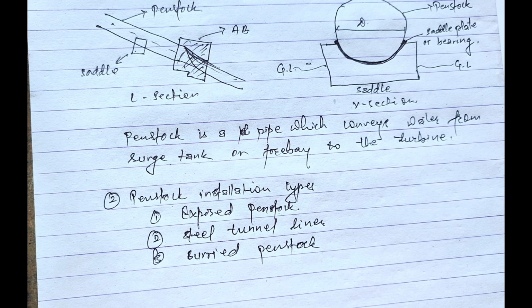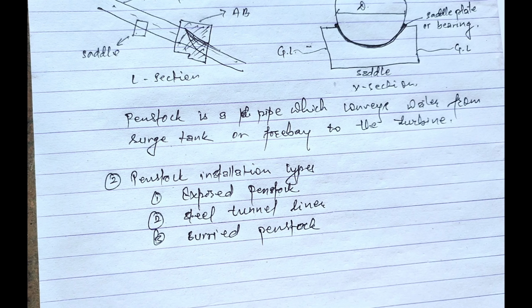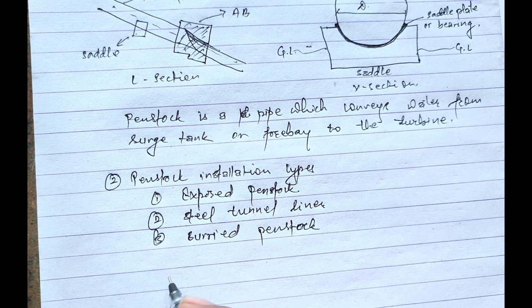Now let's know more about the exposed penstock. Exposed penstocks are usually fabricated from steel, plastic, or wood stave pipes. These can be located above the ground or in a non-encased tunnel and are usually supported on either steel or concrete support systems. The main advantages of exposed penstocks